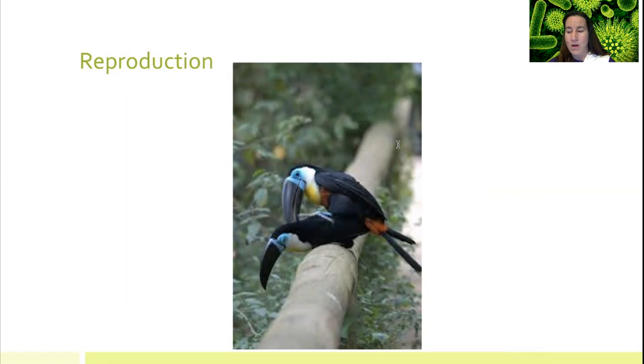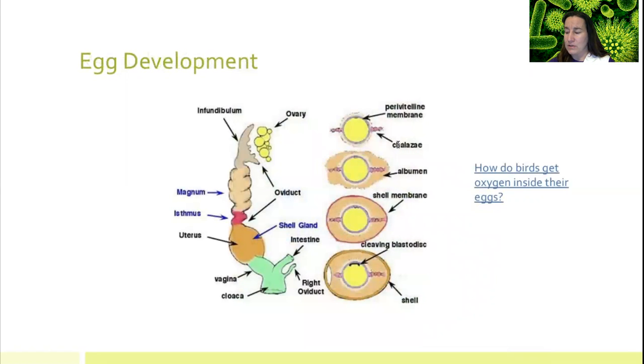The male birds are not, for the most part, going to have a penis. It's not like mammals. So they will put their two cloacas together so he can pass his sperm to the female, and the sperm is going to fertilize the egg. And the egg will go through processes where now we're going to add on the yolk, and the albumin, and now we're going to put on our shell membrane, and the shell is now hardened up and it will leave the cloaca